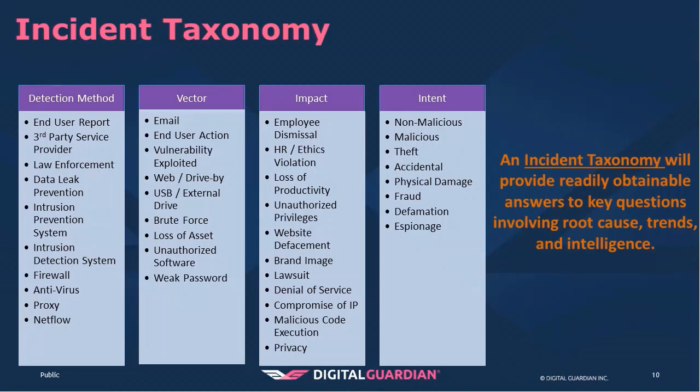And then vector-wise, how did they get in? Was it via a spear phishing attack through email? Was it an end-user action or a vulnerability exploited? So if it's an email, maybe you need to invest in the technology that mitigates at the email gateway layer. Or maybe from a vulnerability perspective, you need to focus on patch management. These are all things that are critical to identifying where you need to focus your efforts